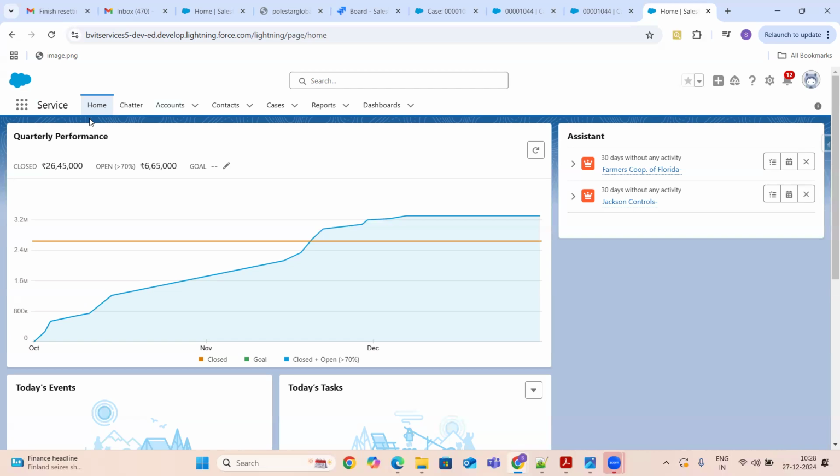In such different verticals, with different things, whenever we are developing something, we always think about the future applications. Right now my business may be a small business, so I can use the standard application, but what happens in future when my business grows and extends more and more?